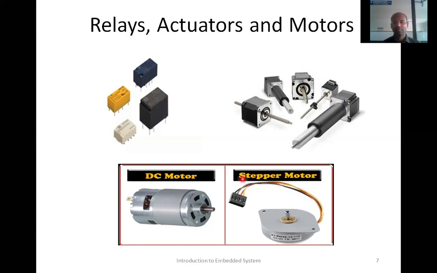There we use stepper motors. These stepper motors are used in hard drives where the disk is there to store the data. There we use the stepper motors, and also in antennas.